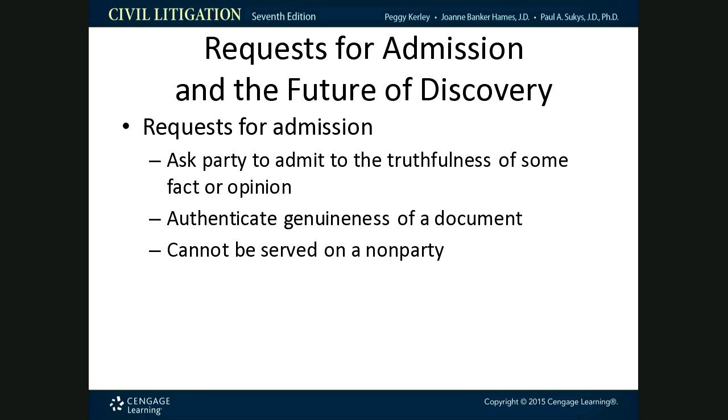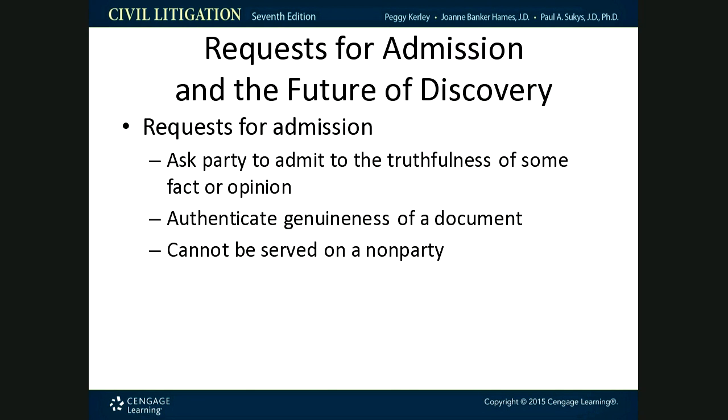You always want it to be in favor of you, so that if they fail to answer the admission, it's going to be deemed in your favor. In other words, it's going to be deemed admitted. That's what happens when you fail to answer admissions. They're going to automatically be deemed by operation of law. So that's one of the things that you can do with a request for admission.